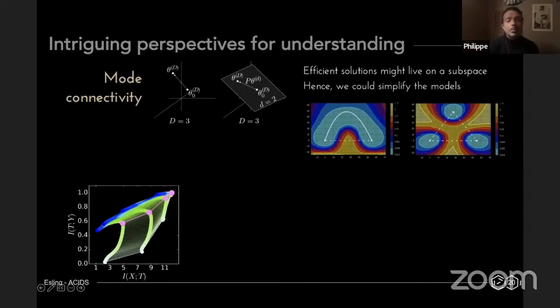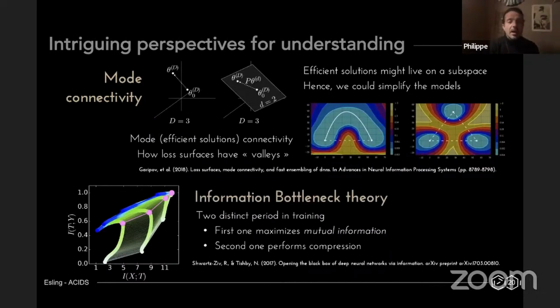The first is mode connectivity. Mode connectivity means that an efficient solution might live in a subspace of your whole space of solutions. So there is a huge potential to simplify the models we're using. This means if you train several models, you have all these valleys of several different models that perform the same, even though you change all the parameters. You can interpolate from one model to another, and you still get the same accuracy. Which means that if you have this valley, obviously you can project, and projection means reduction, and reduction means fewer parameters, but with the same accuracy.